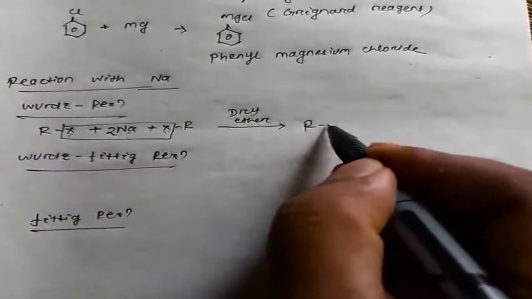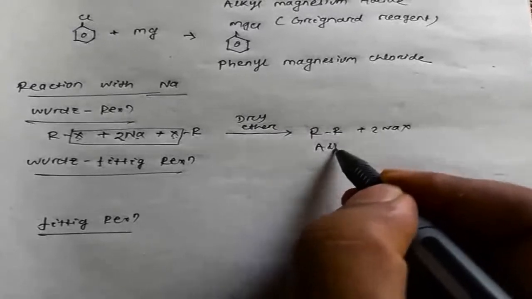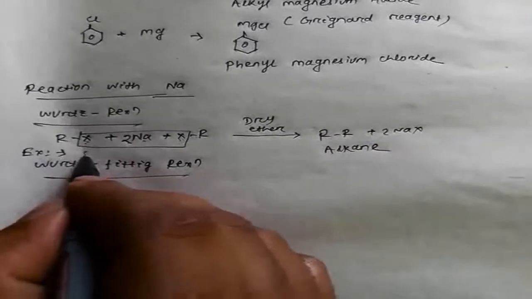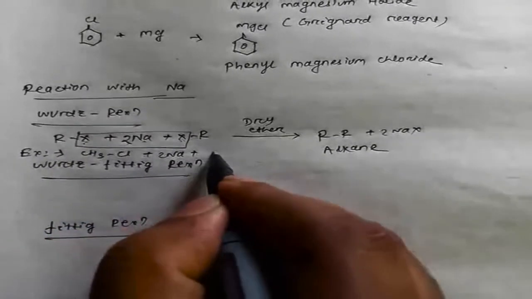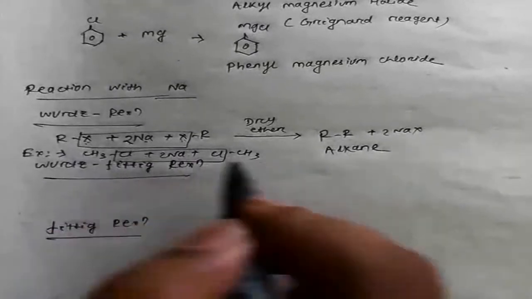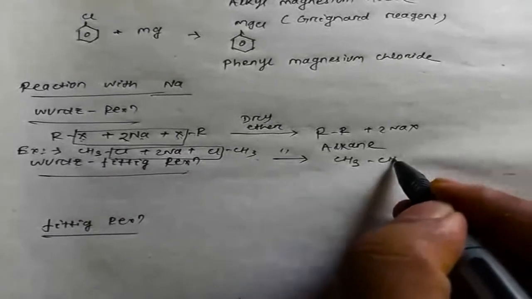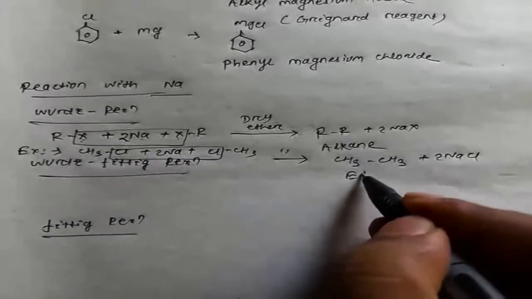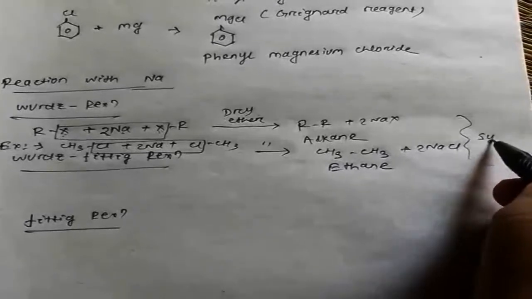So the product is R-R plus 2NaX. This is an alkane. Example: CH3Cl plus 2Na in dry ether medium gives CH3-CH3 plus 2NaCl, that is ethane. This is applicable only for